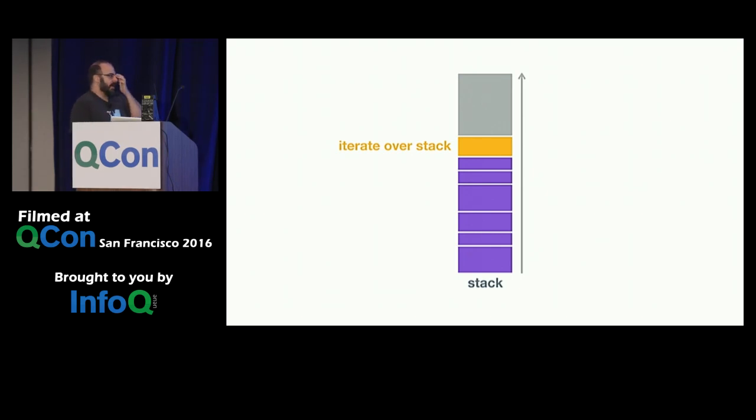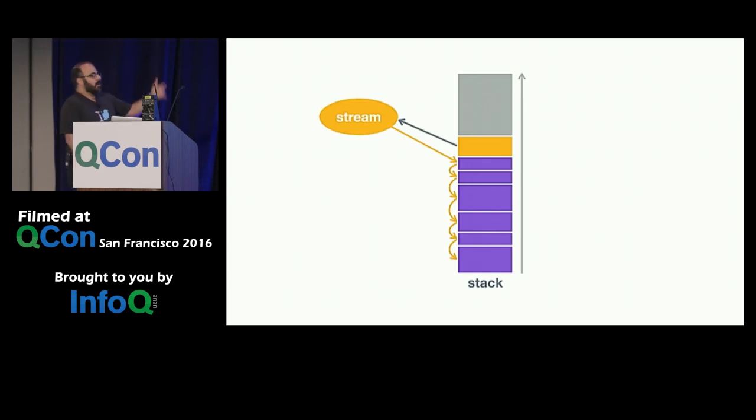Let's say we want to do the iteration with, say, a stream. So it creates a stream object. That orange blob is supposed to be a stream object in the heap, that's pointed to by the top stack frame. And the stream object knows how to go to the first stack frame that is below the one that created it. It has its address, say, so it can go and look at the information, and then from there it can go to the previous one, etc.